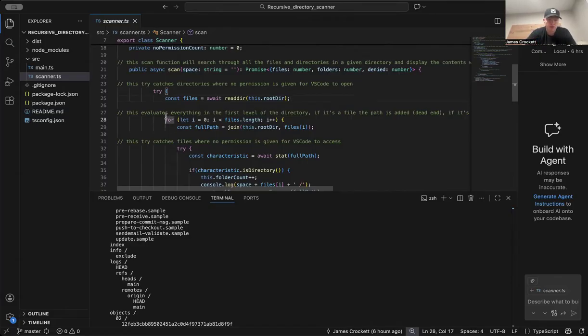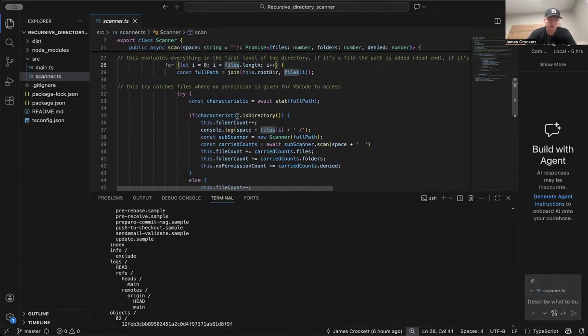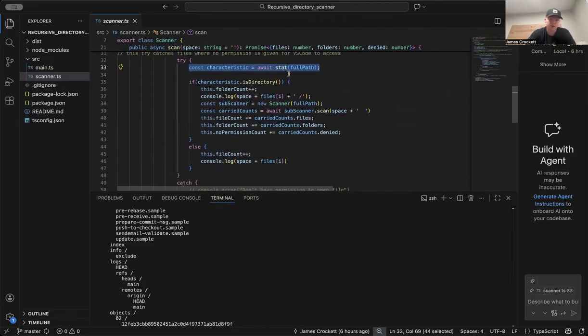So it's going to read the files. For every file, it's going to find the characteristic, which means find out if it's a directory or a file. If it's a directory, let's keep track of that. It's going to add a slash at the end, and then it's going to add a space, right? Creating a new scanner. We called it sub scanner, so it's one layer deep. And then it's going to go and scan